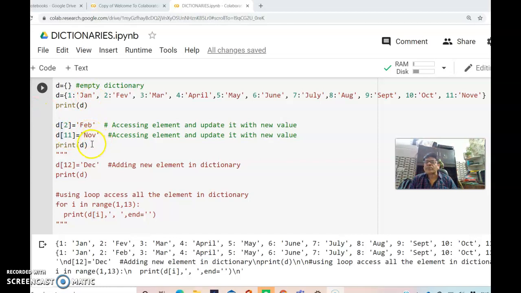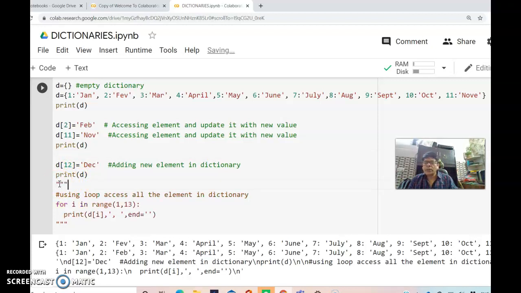Okay, now next what I am going to discuss, that is the 12th. I want to add one element into the dictionary. There are a total of 11 elements starting from 1, 1, 2, 3, 4, 5, 6, 7, 8, 9, 10, so far 11. After that, I want to add one element. So let me check that one. So I am removing this comment line from here. I'm extending it up to this one.